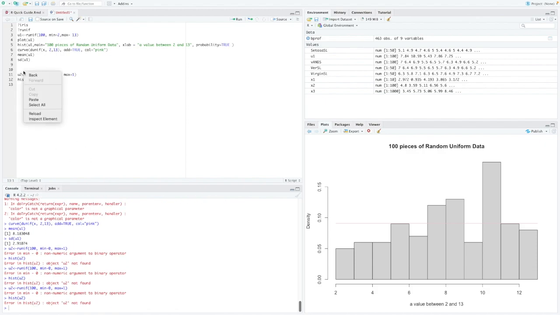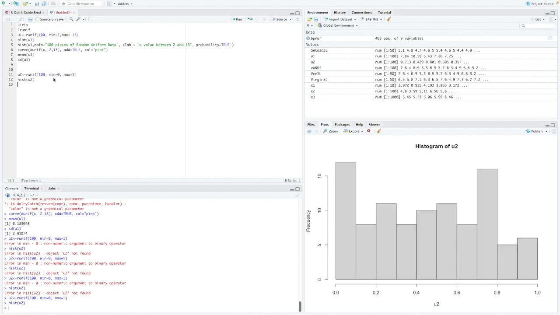What did I do wrong here? That's not running because it didn't have an equal sign. Learn how to troubleshoot. There we go. Here's my histogram of U2. Absolutely beautiful. Notice it's not like super